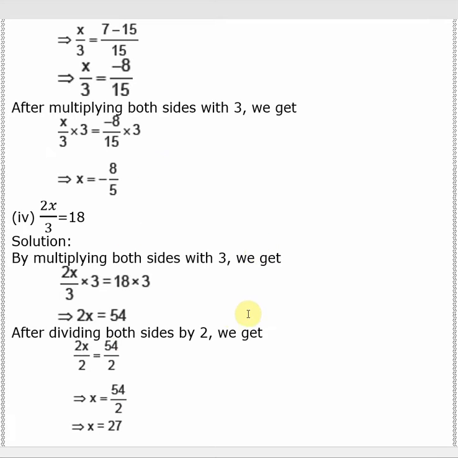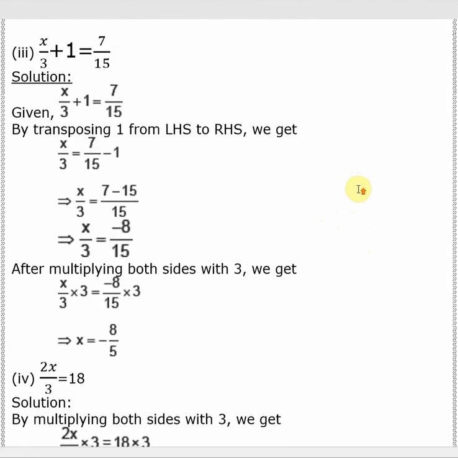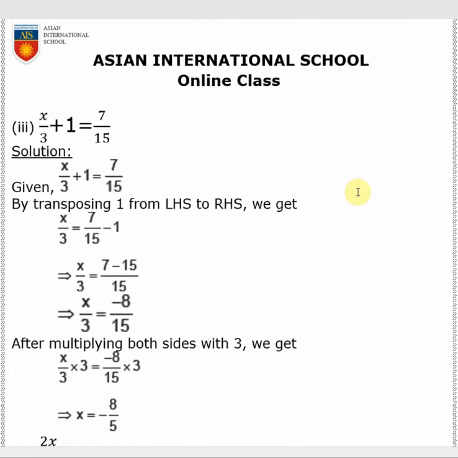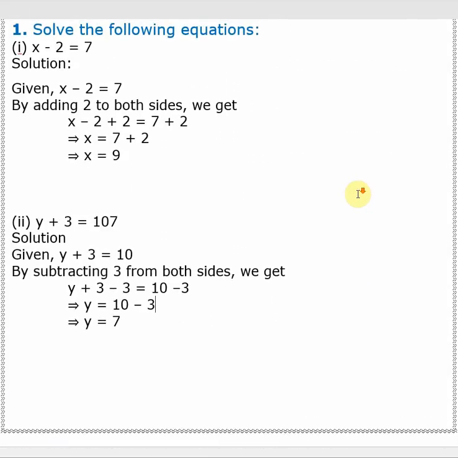These sums are easy, and these linear equations are not going to be very difficult in the exam, and they will not have many marks. These all sums come out of only 1 mark. These are objective based sums, and these kind of sums only will come in the exam. You have to be very confident, and also very efficiently you have to do this kind of sum for your future.